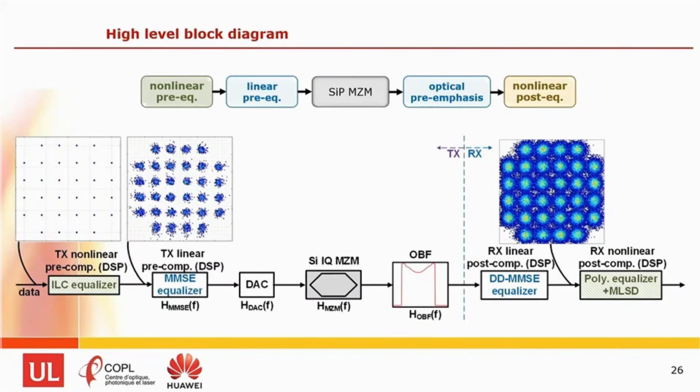So here is the block diagram of what goes on. We start with a standard 32-QAM constellation, and then we pre-equalize it using our trained ILC equalizer. Then we put it through the linear pre-compensation. We go through, of course, the DAC. There are many points where nonlinearities are introduced in this system. First is the DAC, also the RF amplifier, which is not even shown here, and of course the silicon modulator itself. So we go through the modulator, through the optical filter. Of course, there's also linear post-compensation, and the nonlinear.